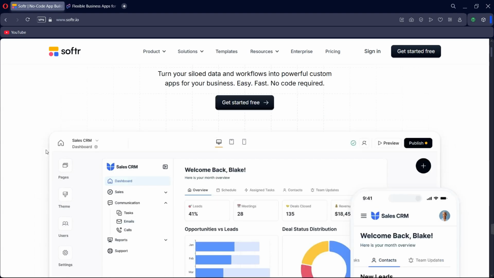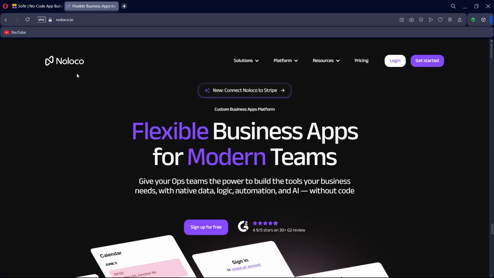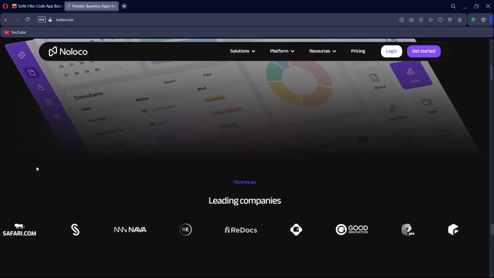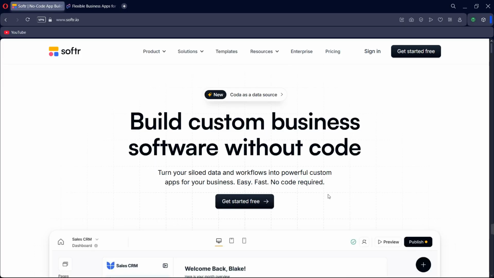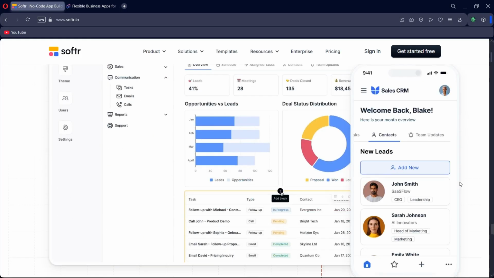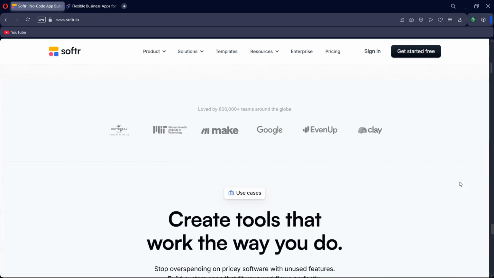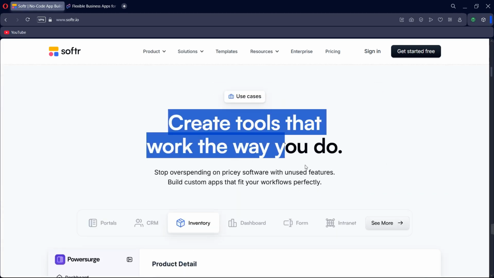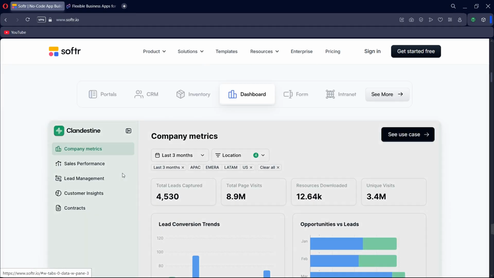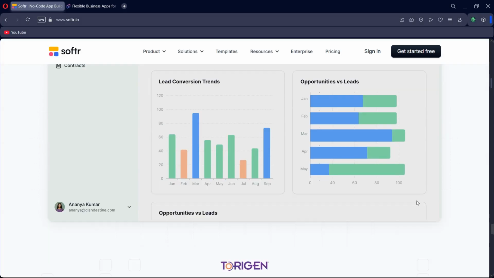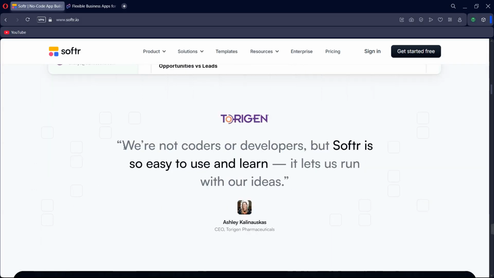I've been comparing Softr and Noloco throughout 2025, and here's my honest and unbiased take on which one might suit you better. Softr is great if you're just getting started or want to build a clean-looking web app, portal, or internal tool fast. It connects easily with Airtable or Google Sheets and has ready-made templates you can customize without touching any code. It's perfect for freelancers, small teams, or anyone who wants to get an app up and running in